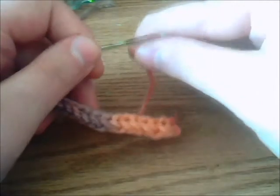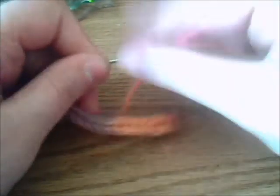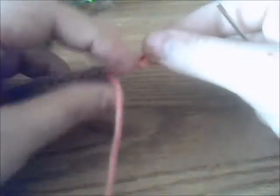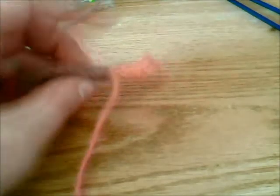Oops, my yarn slid out. And I guess I'll do one more time. There. That's pretty good and hid. Alright, now,